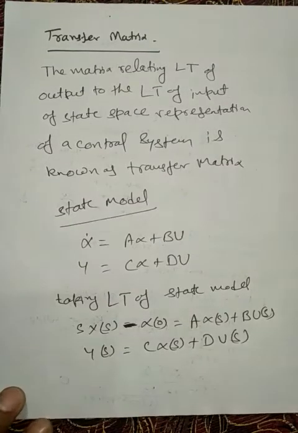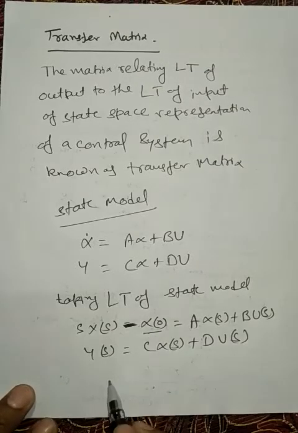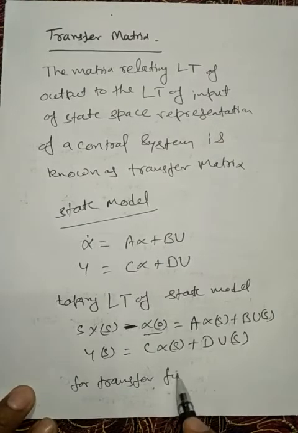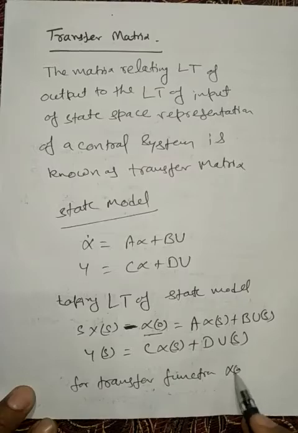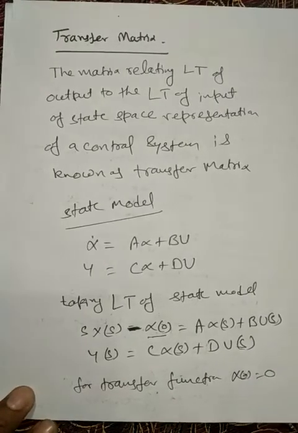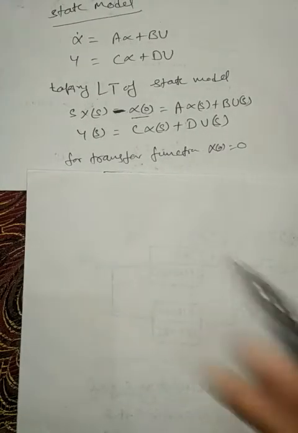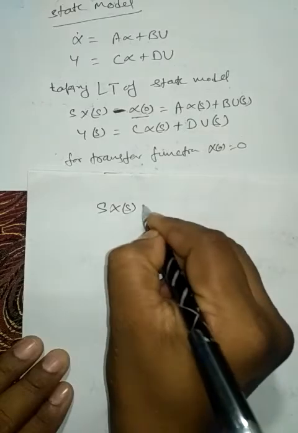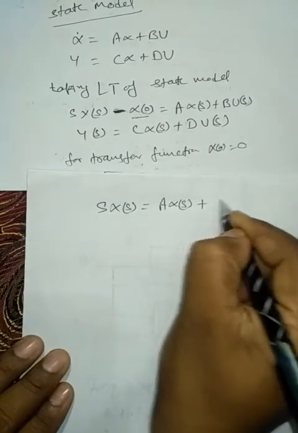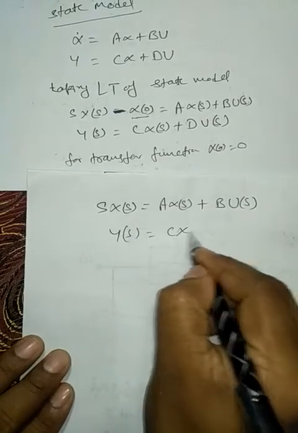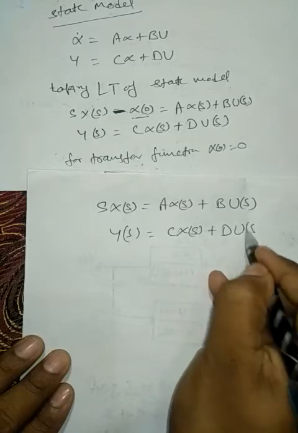And for the transfer function, x naught is 0, then the Laplace transform of the state model becomes sX(s) is equal to AX(s) plus BU(s) and Y(s) is equal to CX(s) plus DU(s),